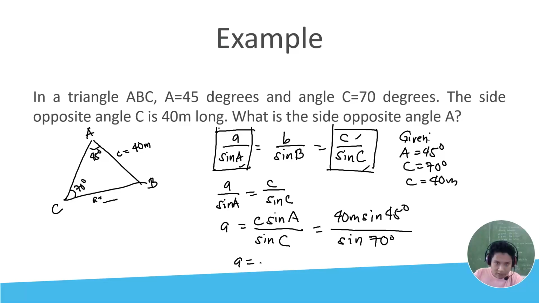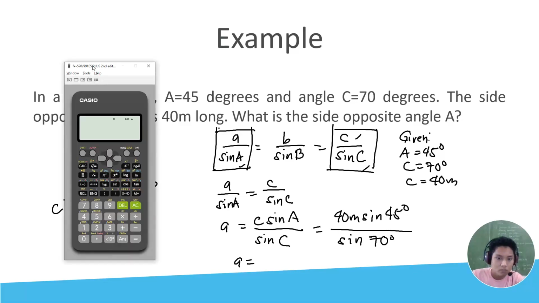Compute using our calculators: 40 sine 45 divided by sine 70 equals